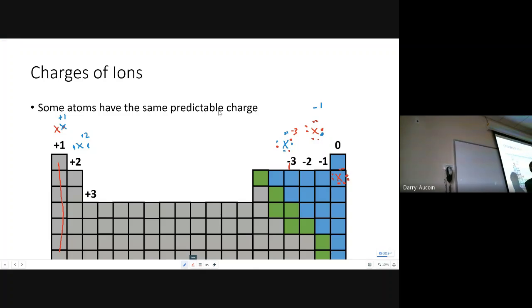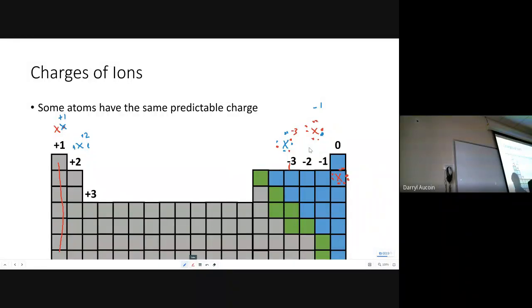I don't need to pick up any more electrons. I don't want 9. I want to stay at 8. I don't want 7. I want to stay at 8. So they're not going to gain or lose electrons. So that's why we said that one, even though it has 8 dots, it's got a 0 charge. So generally, atoms can go from 0 to 1, 0 to 2, 0 to 3, or 0 to -1, -2,